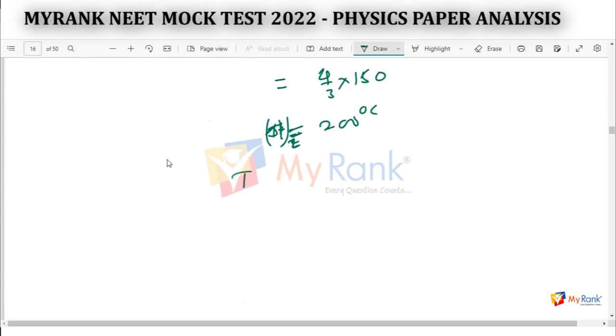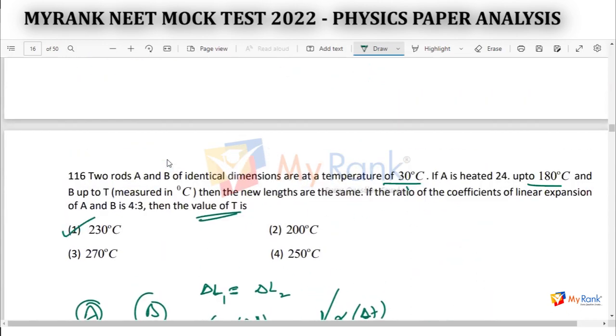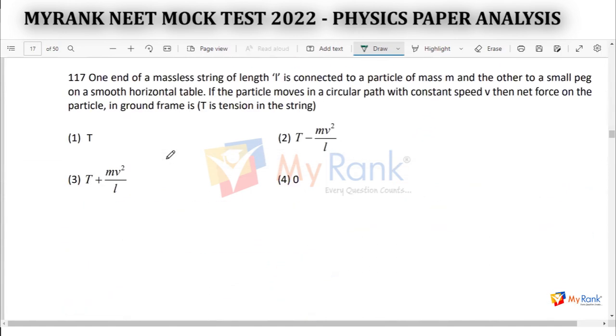So now this total temperature is nothing but 200 plus the previous 30 degrees. So altogether 230 degrees centigrade. So here it's the first option. Right. The next is